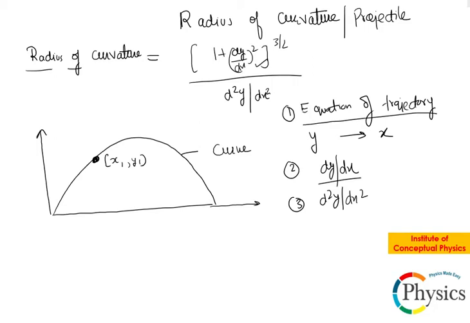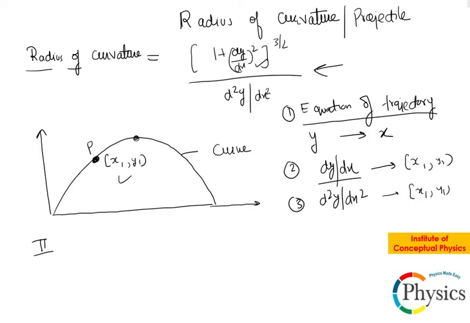And since you know the coordinates x and y, in both the situations, put the value of x and y in the dy by dx equation. So put the x1, y1 here, and also put x1, y1, which is a known point to you, in that. Once you calculate these values and substitute in the radius of curvature, you will be able to get the radius of curvature for any point.